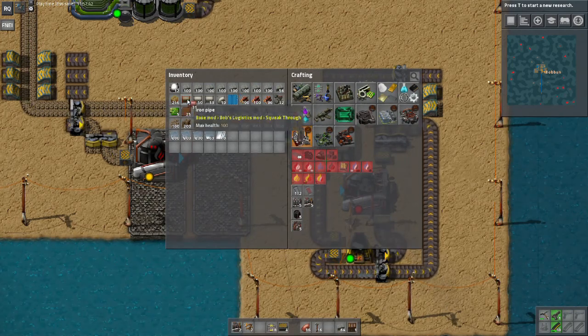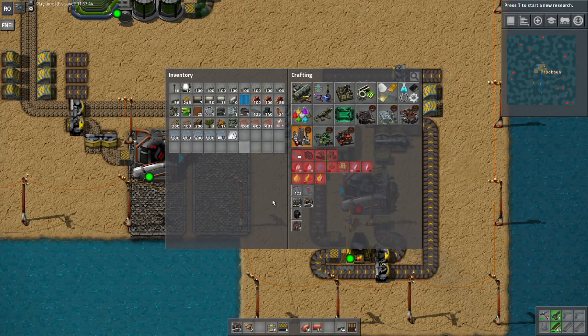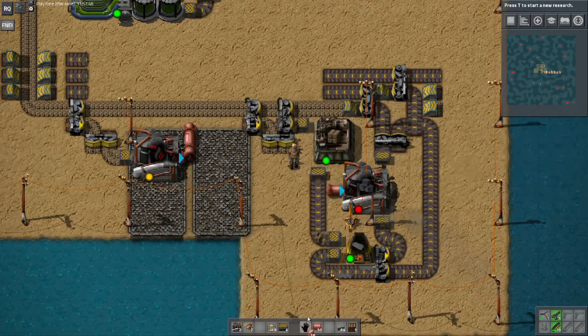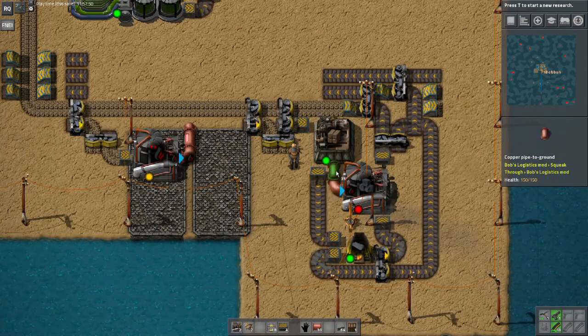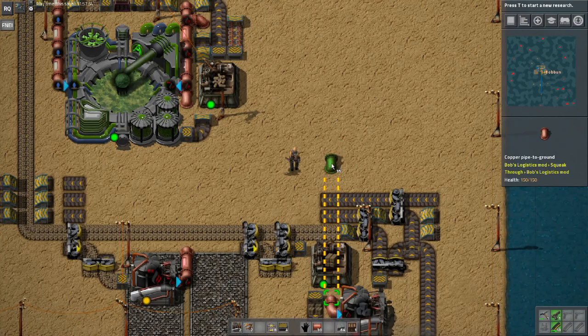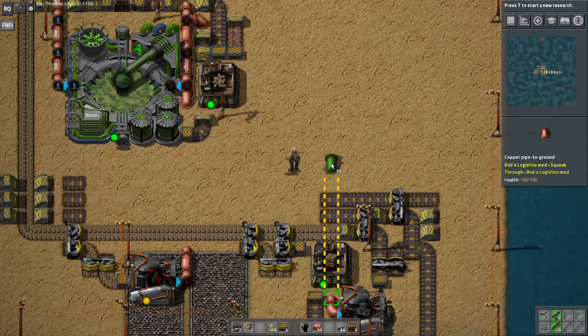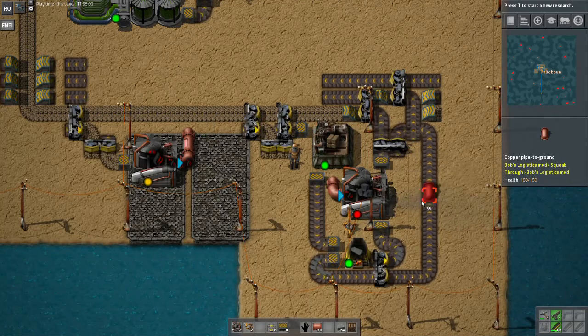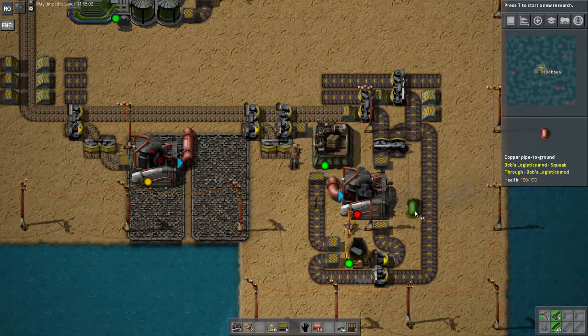So where are my pipes? Here we go. So we'll put one there and come up this way. And I'll just bring it up to... That's a little bit of an issue because I can't get it over here. I don't have room to bring it in that way. And I can't...